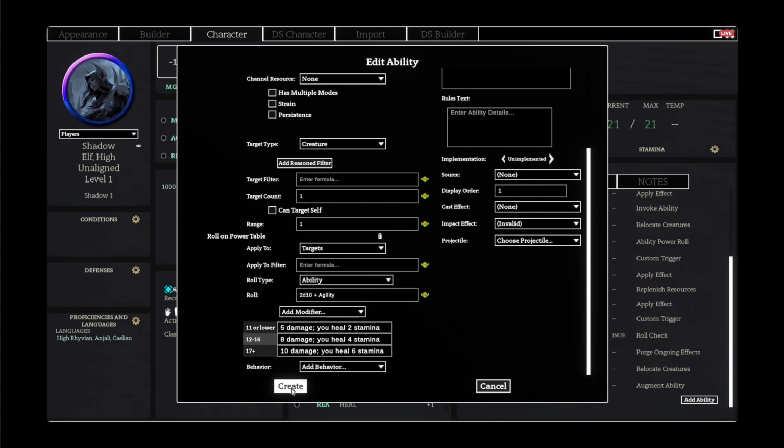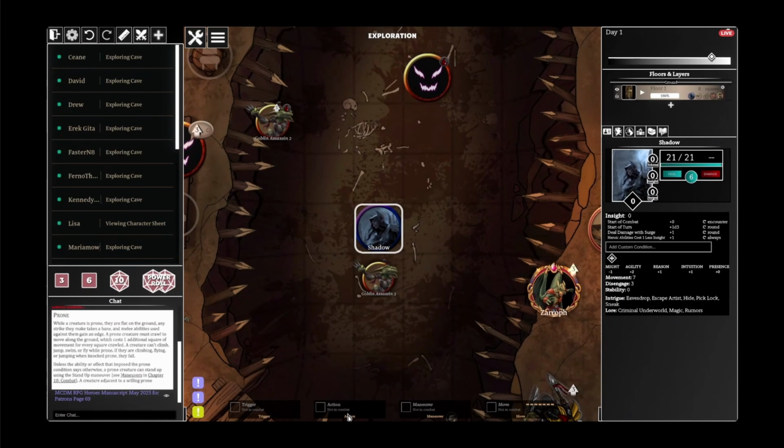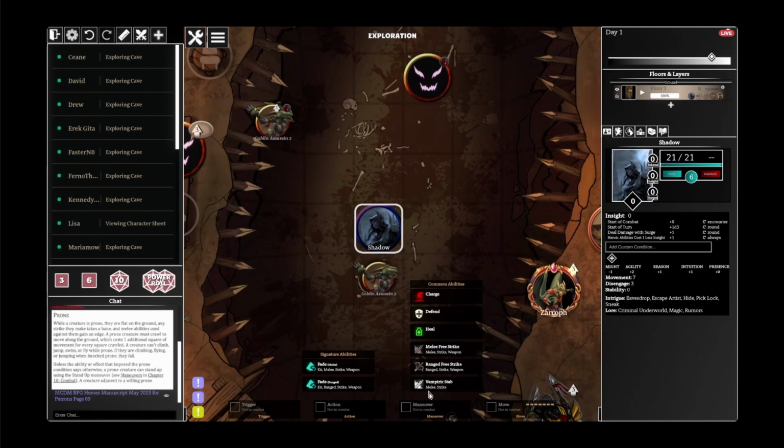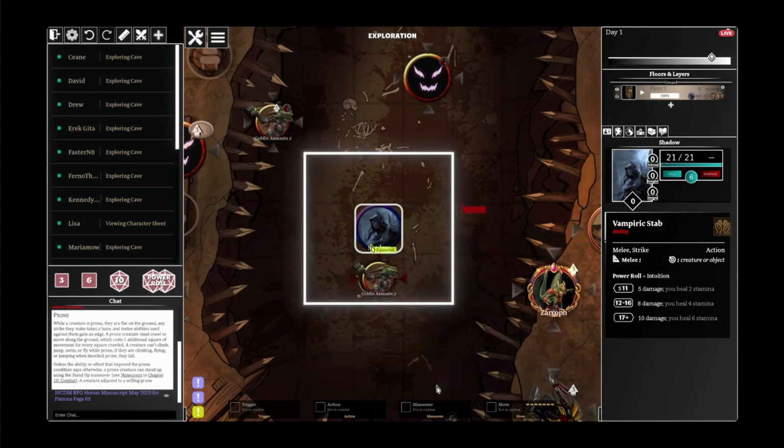So that's how I do that. And so now I've set that up. We should see that he has his vampiric stab. And when I mouse over this, you can see that the codex is set up to recognize